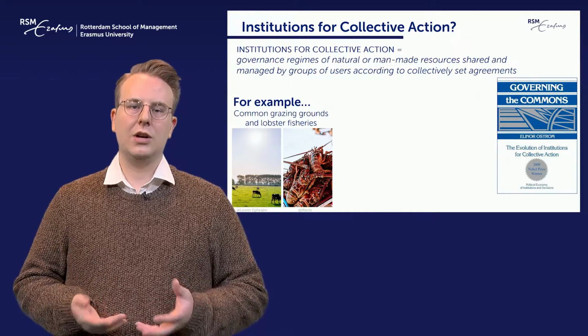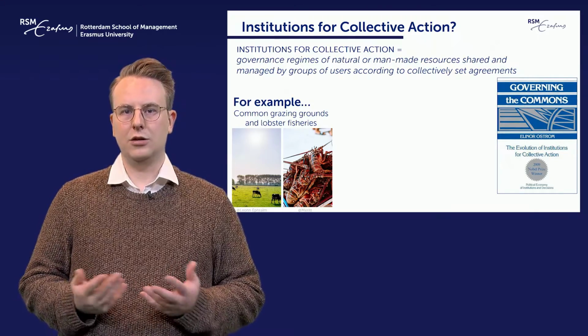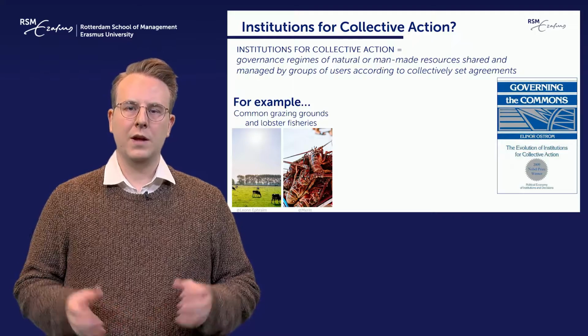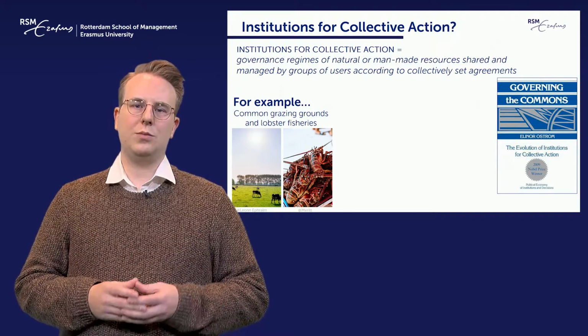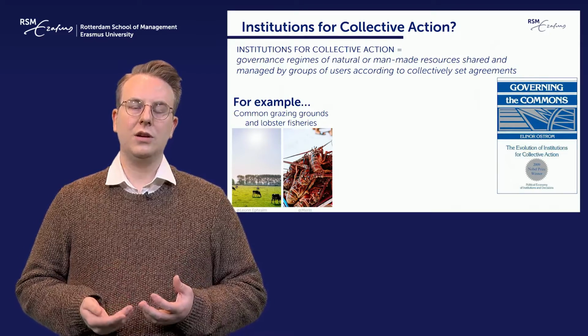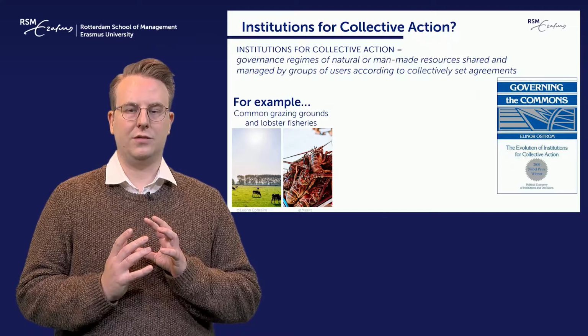See for instance the historical commons, whereby a group of farmers decides to work together to govern the shared resource of pastures to prevent overgrazing, or lobster fishermen that come together and agree on quota and minimum size to sustain the local lobster population. Together, they create rules to manage the resource and to decide on the individual level of appropriation for all members. In short, they form an institution for collective action.